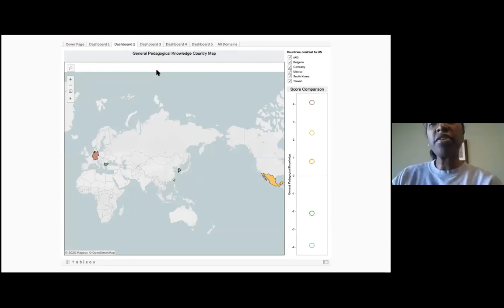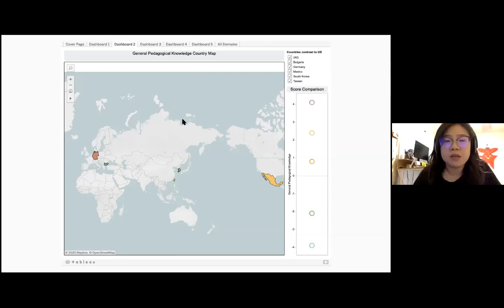So what does a negative value imply? Meaning that when we're assessing their opportunity to learn in relation to the pedagogical knowledge, they are considered lower compared to the US. So the countries that fall under are the ones who have lower general pedagogical knowledge. When we're trying to see, during the training phase as a pre-service teacher, they have fewer opportunities to learn. Okay. Yeah. Okay. Switching back to Genéa.